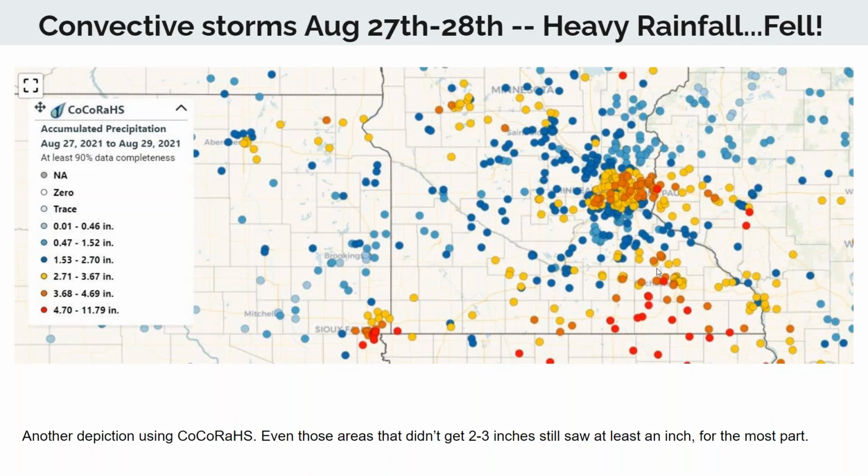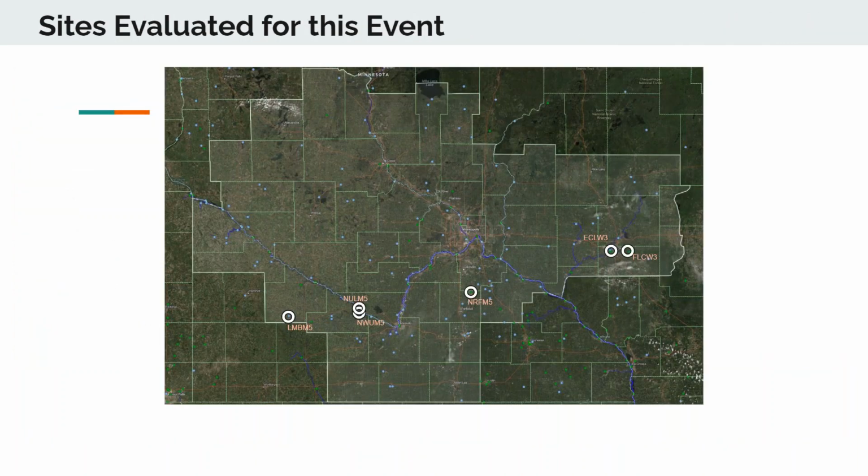And we'll take a look now at some of the HEFS output for a few gauge locations in our area. These are the locations that we're going to look at. We're going to take a look at the Cottonwood Basin here in the southwest part of our area. Look at Lamberton and New Ulm. We will look at one site on the Minnesota that pretty much represented how the Minnesota reacted. That's also at New Ulm. We'll look at the Cannon River, which was one of the areas that had some of the heaviest rainfall south of the Twin Cities Metro. And then we'll look at a couple on the Wisconsin side.